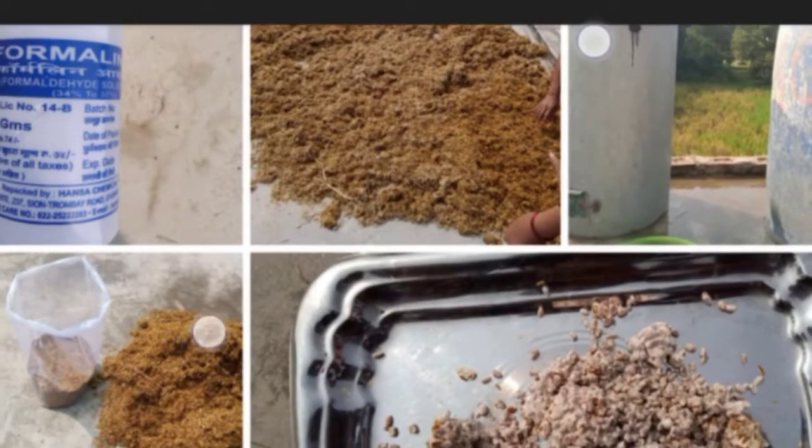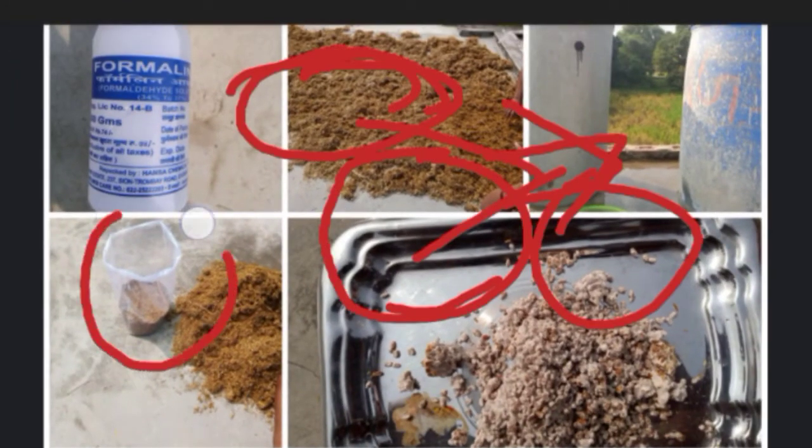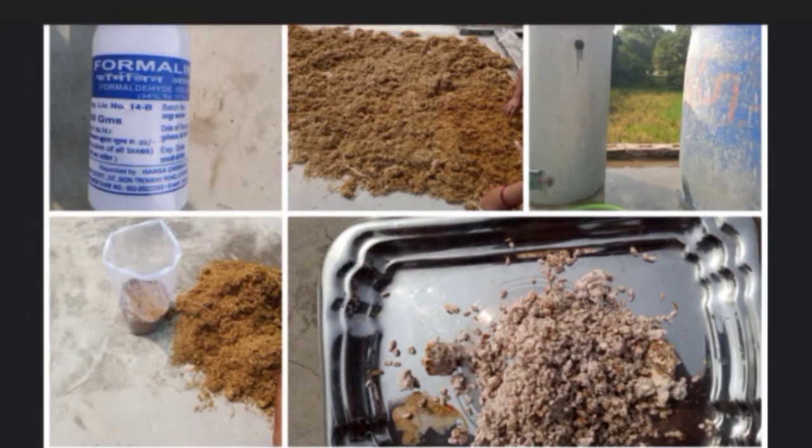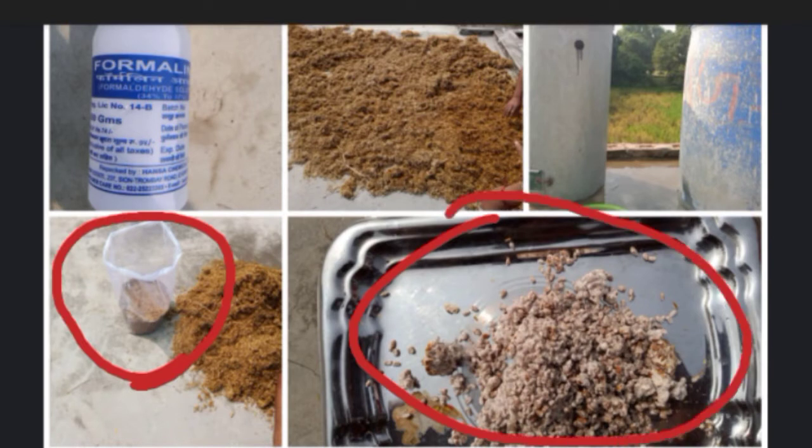This is the PP bag that we have used. This PP bag is large, and I am going to show you how it is. It normally contains 3 to 4 kg of wheat straw or paddy straw. And this is the spawn. Spawn is embedded with wheat seeds. So this is the spawn.